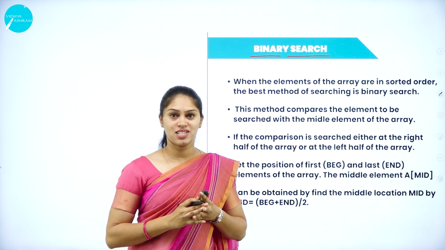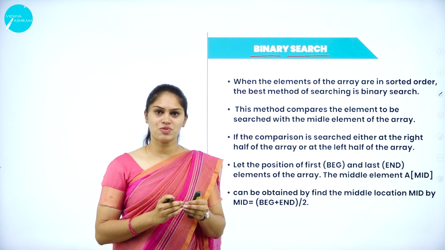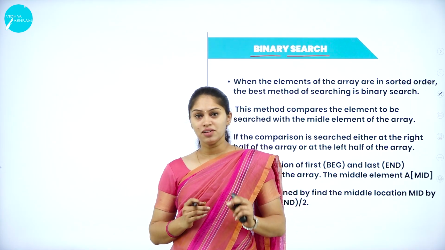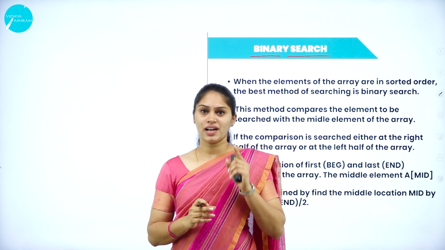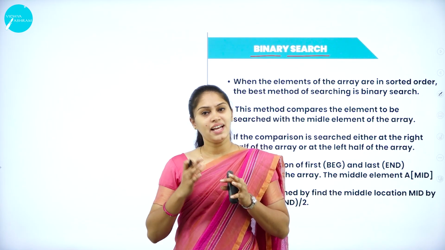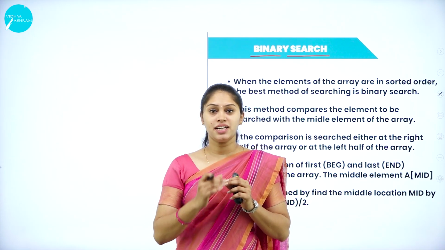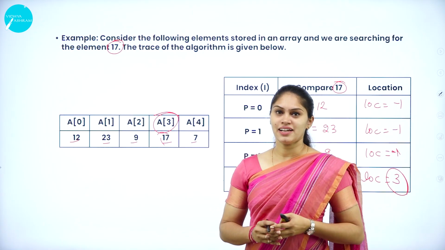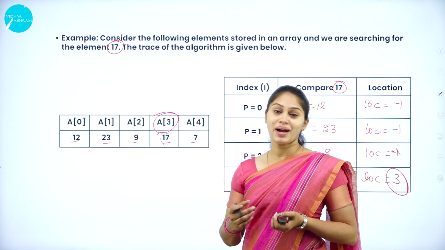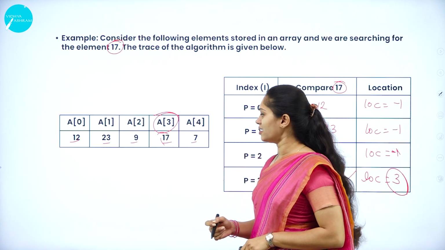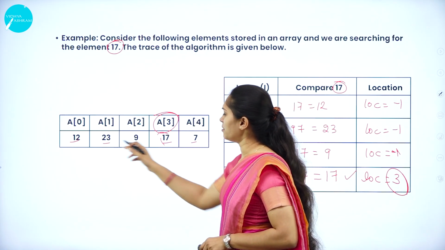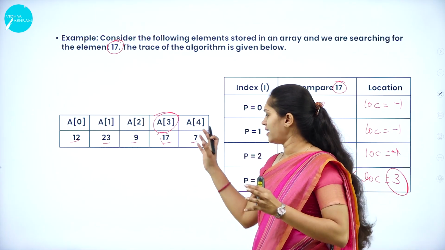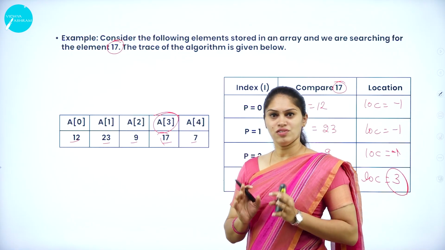So what is binary search? In linear search, we search for an element from the beginning to the end. But when it comes to binary search, we are supposed to give the elements in sorted order. Very, very important. Whatever elements we give for a search, they have to be in sorted manner. In linear search, the elements can be either in sorted or unsorted order. In this example, the elements are not sorted at all, because they are not even in ascending or descending order. It is just a mixture of all kinds of values.